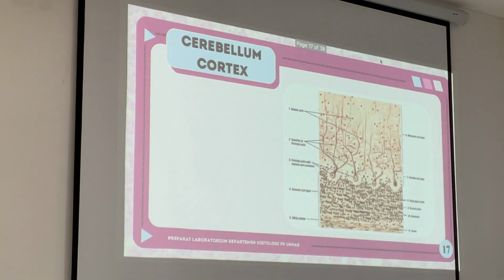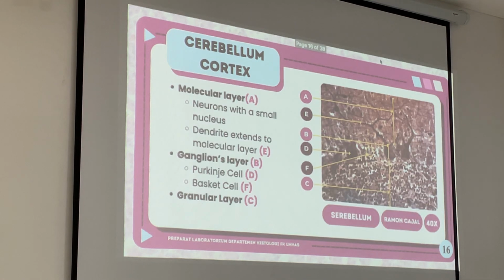Surrounding the cells, there are called basket cells. The basket cells sometimes go up to the molecular layer. We can divide which one is the astrocytes and which one is the basket cells. Basket cells look more pale, and the nucleus is bigger than what's in the granular layer. So sometimes it goes up like this one, and that's actually a basket cell.